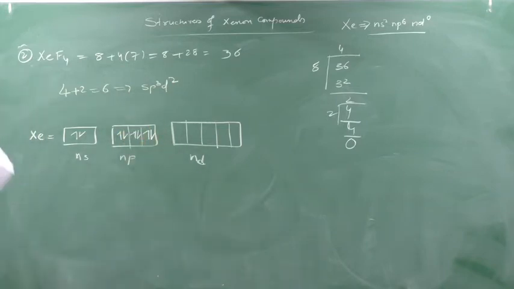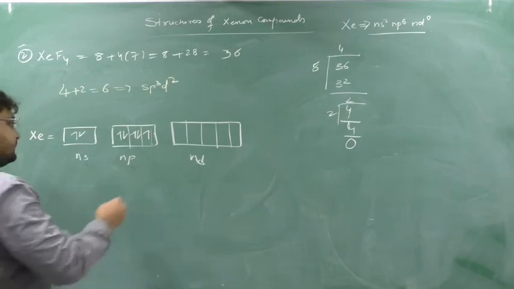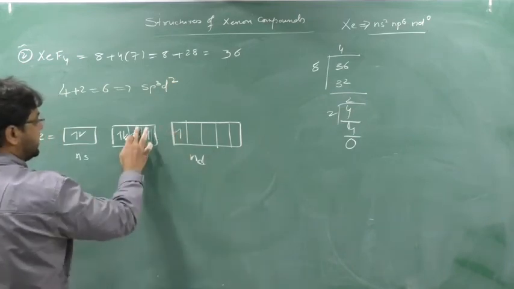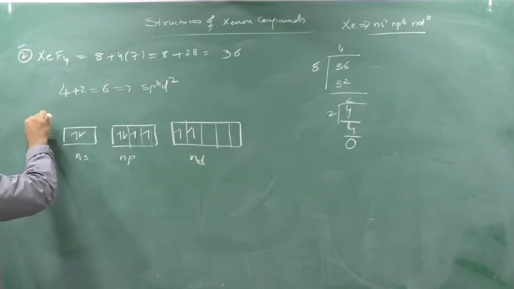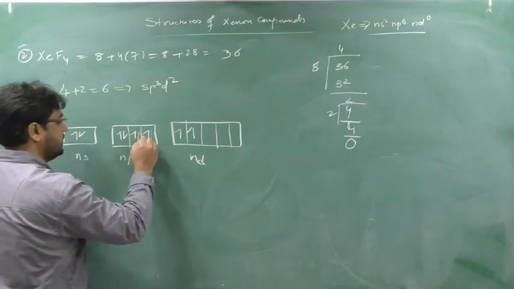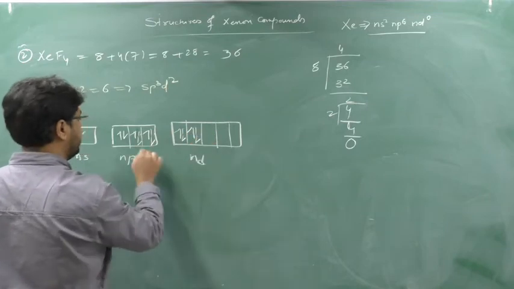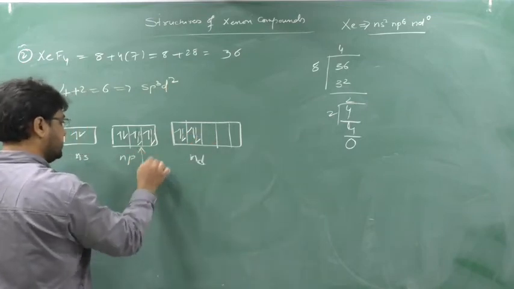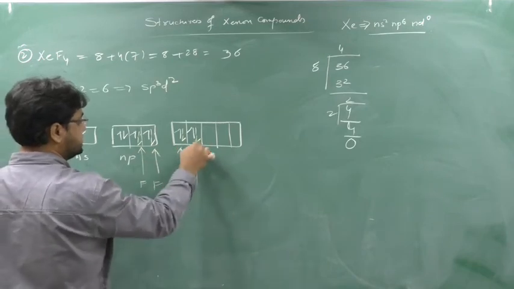Now, how many fluorine are to be adjusted? 4 fluorine. If I do the first excitation state, then 2 fluorine will be adjusted. Again, one more excitation state. So how many excitation states do I have to supply? 2 excitation states. When I supply the 2 excitation states, 4 spaces will be empty. So one fluorine will come here, one here, one here, one here. So this is F, F, F, F.